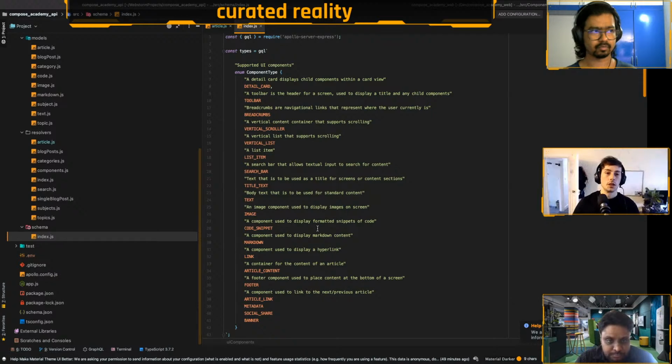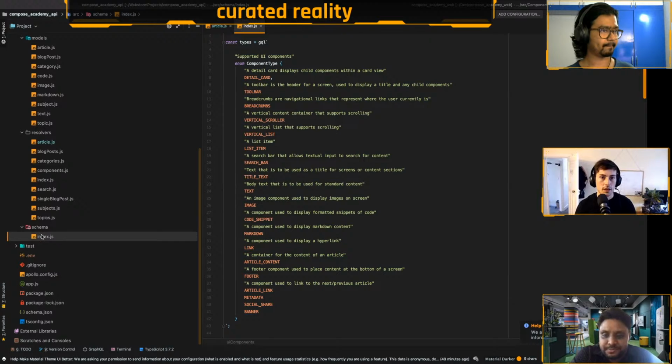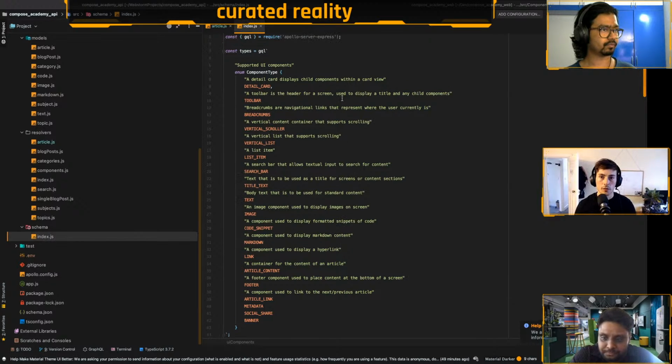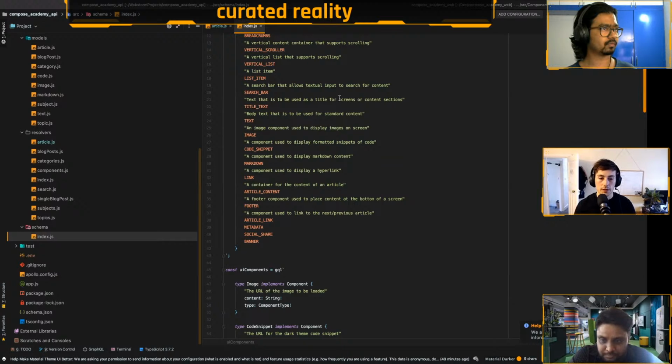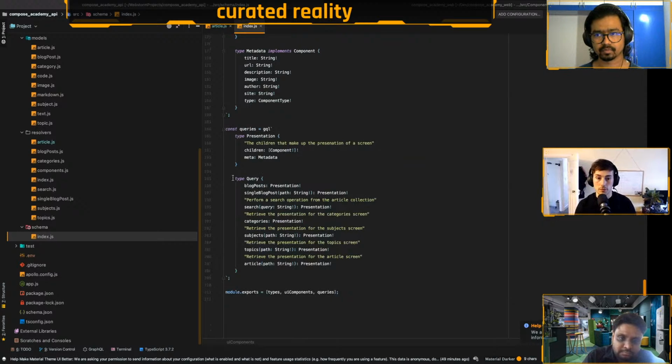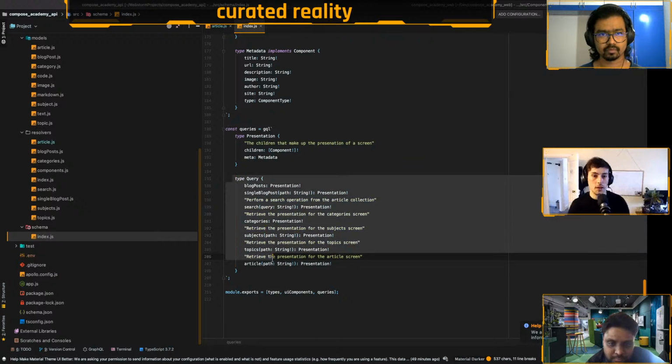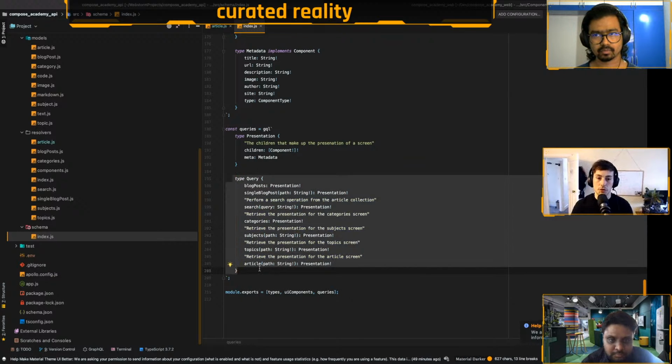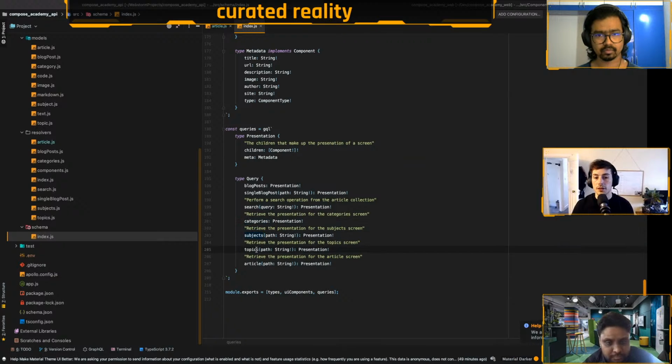I'll start at the API, just so we can see how things work from the ground up. Feel free to stop me and ask questions at any point if you spot anything interesting to dive into. With GraphQL, you have a schema, and the schema defines everything that is supported by the API, everything that can be queried, every piece of data model that exists in your API, along with the operations that clients can perform. In the case of Compose Academy, we only support queries. So you could retrieve the categories of subjects and topics.